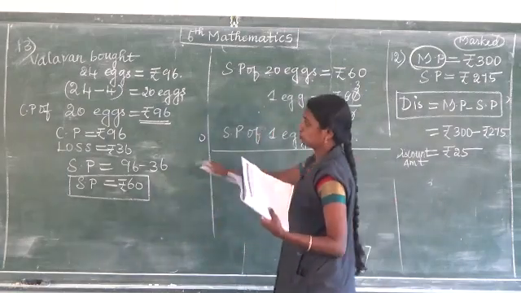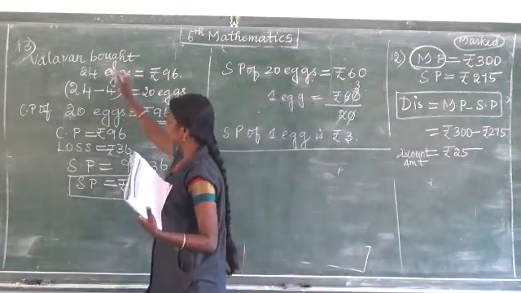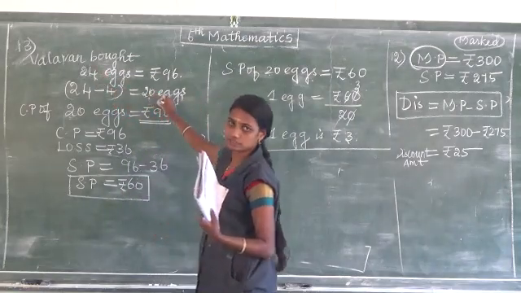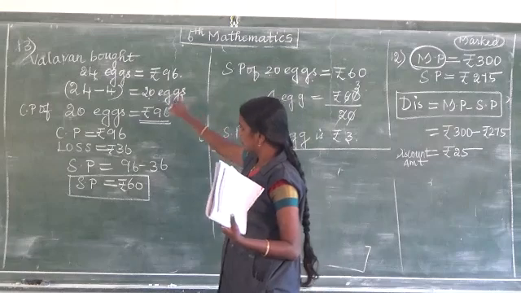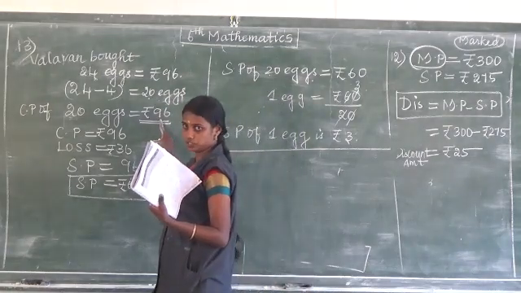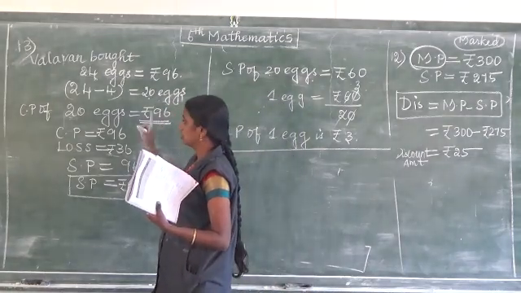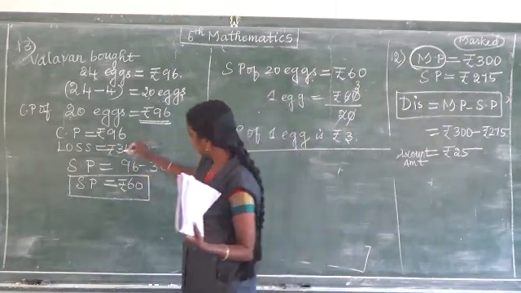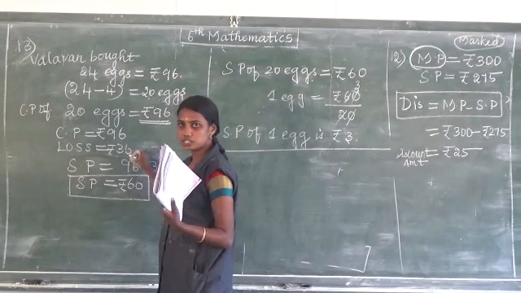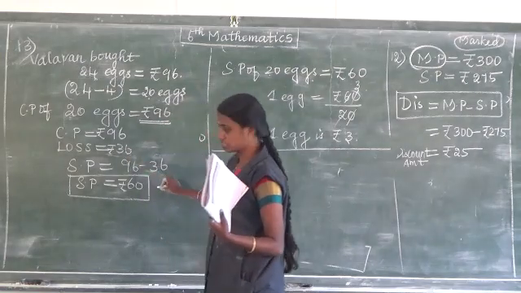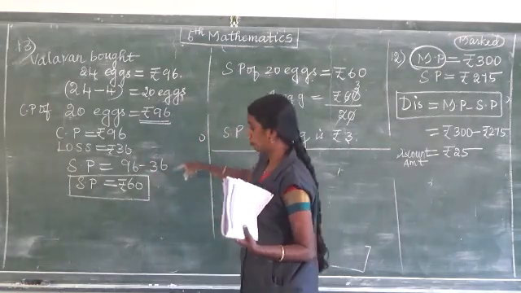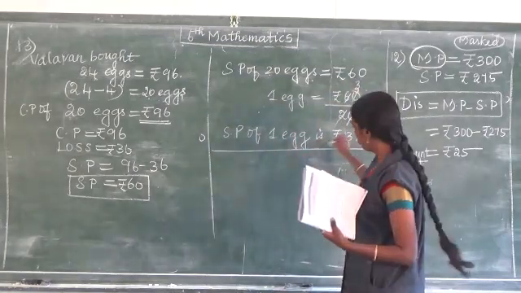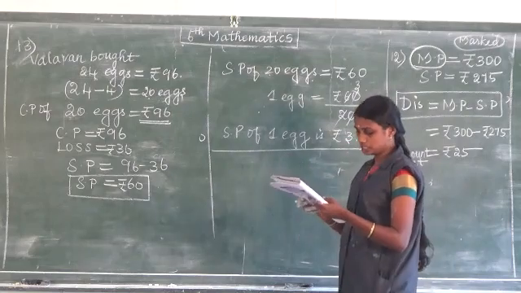It's a very important problem. Understand the concept. 24 eggs, he had totally 4 were broken. So I subtracted, 20 eggs, 96 rupees. Then we have to find out the selling price. So the loss was given. The loss amount is 36. From this I found the selling price. The selling price of 20 eggs is 60 rupees, means find out the 1 egg. I found the 1 egg cost is rupees 3.